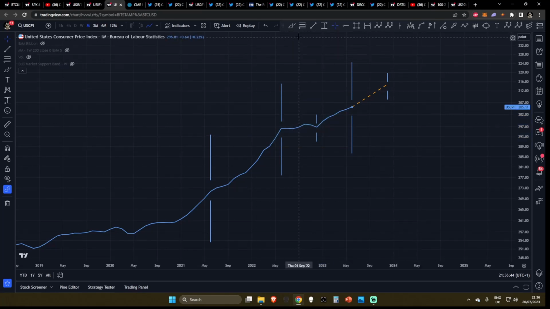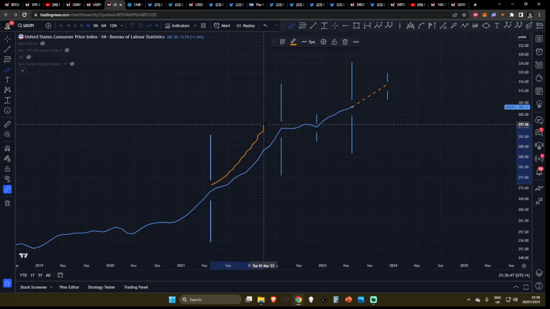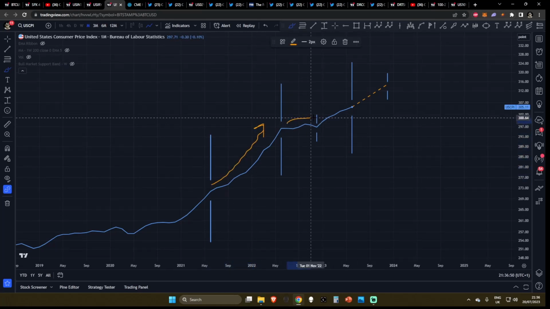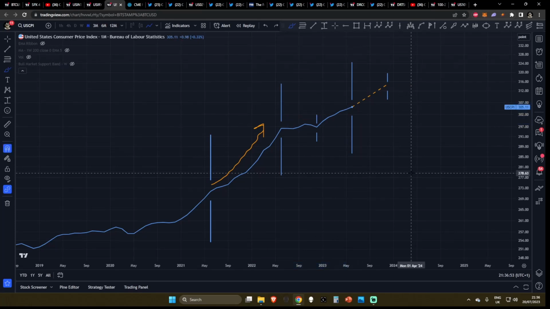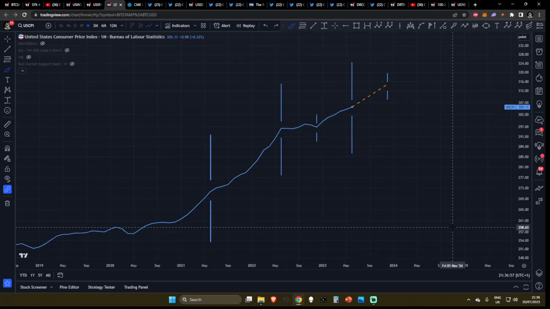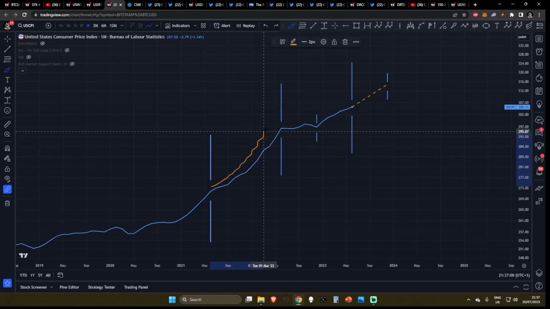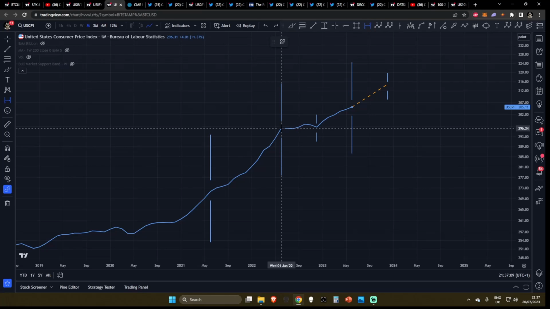What I'm really highlighting here is the comparison between this exponential run up in the CPI and this not so exponential but still dramatic increase that we are seeing in the CPI. So the reason why year over year CPI is coming down is because we're no longer measuring the rate of change from this massive parabola to the upside. However, here's where things get interesting. For the next 6 months, you can see where we are right now in June of 2023, measuring from the rate of change in June of 2022. For the next 6 months, the CPI index remained absolutely flat, meaning for the next 6 months, we're no longer going to be measuring the rate of change from inflation from this massive parabola. We're going to be measuring from a relatively steady line.